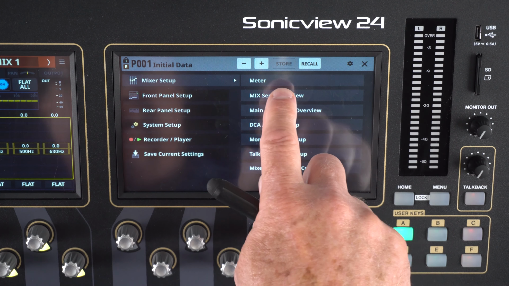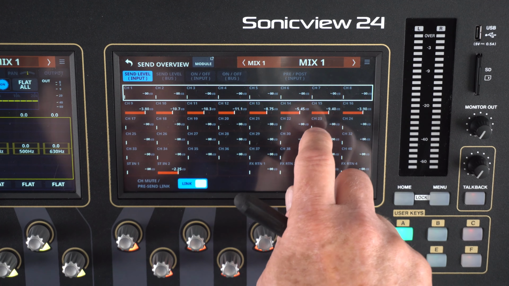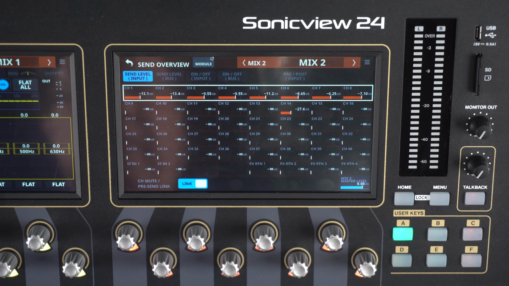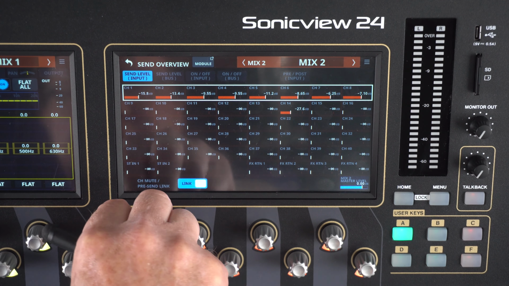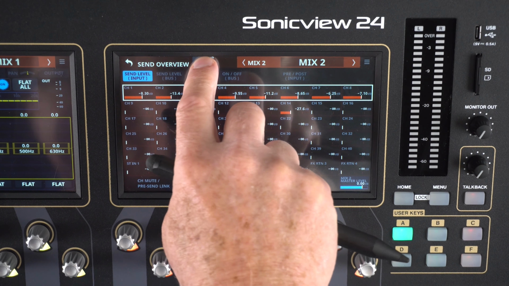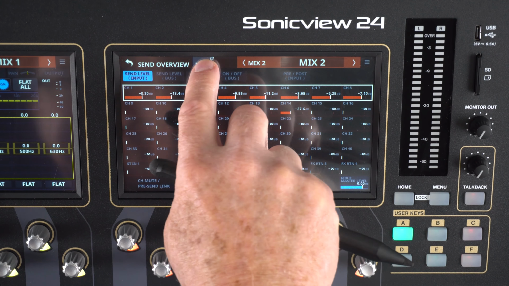And you can have at it and do the same thing on Mix 2. So I can choose Mix 2. And you can see we have assigned our pseudo drums here to Mix 2, and kick, snare, all that good stuff. And press module, again, like I did for Mix 1.